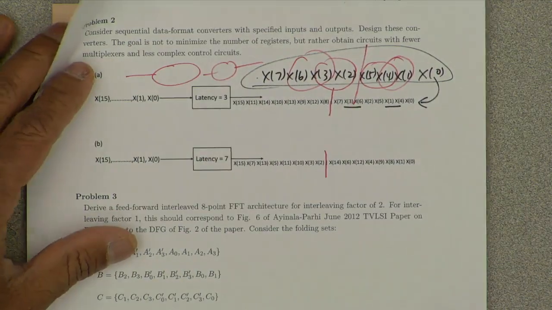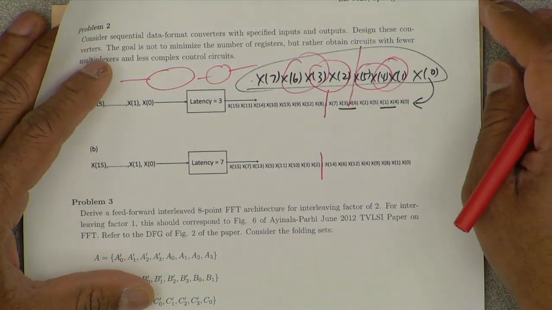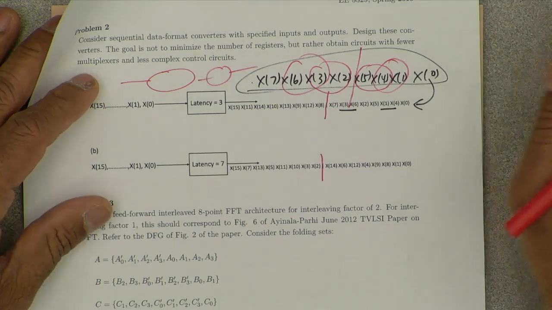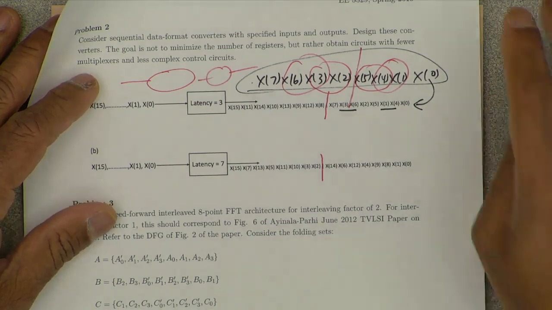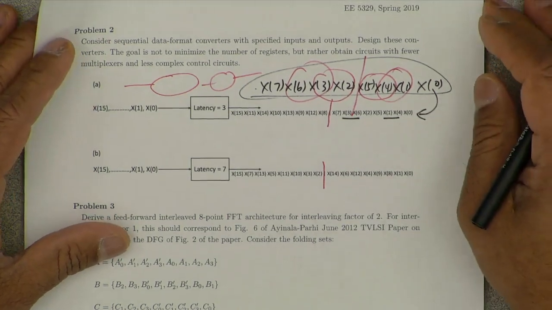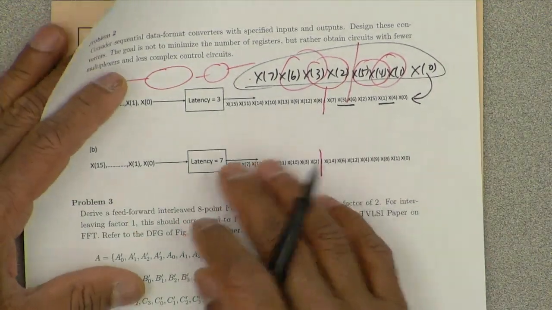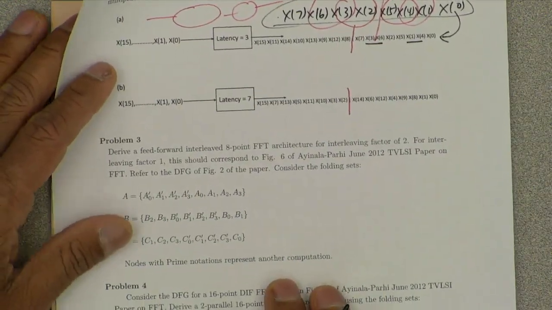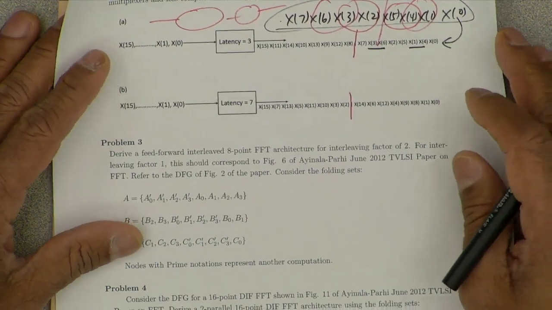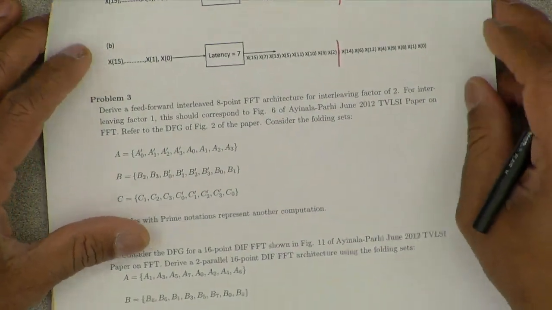Okay, that seemed like a very difficult problem, which it is. If you are not trained, it's a difficult problem. Well, you can always resort to the forward-backward allocation. Certainly you know how to do that. That should work. That's a valid solution. That may not reduce the number of multiplexers or control circuits, but it is certainly possible. Now, this one is probably more intense, and there's nothing wrong if you cannot do it. I suggest you try to do it, at least using forward-backward, but review the solution after I post it.